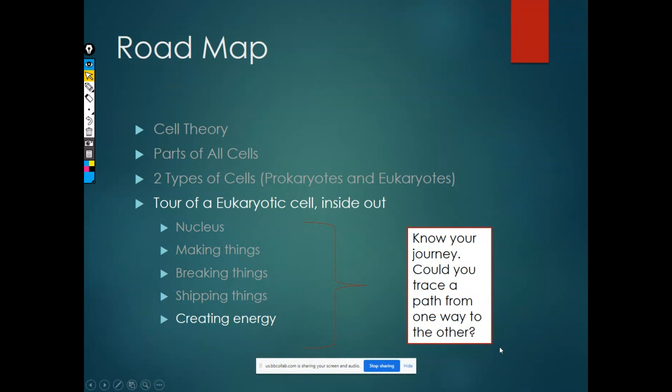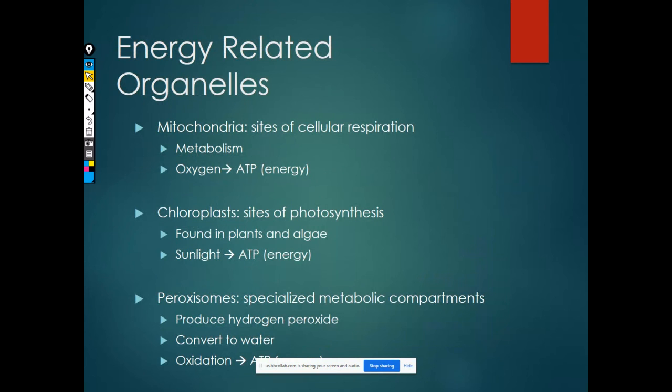There are a few more things that we need to talk about that do not necessarily go in any particular order, but are still needed in order for the cell to be alive and functioning. The first of which is to create some sort of energy. There are three major organelles that do this. The first two we're going to look at in more detail, and this third one we are not, because